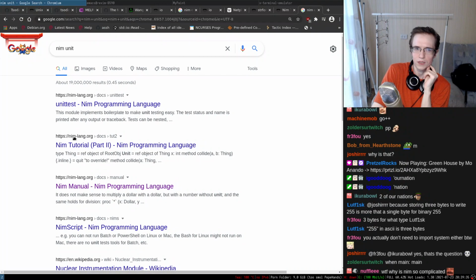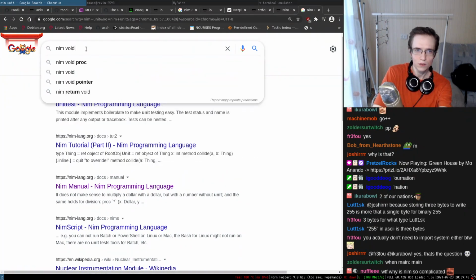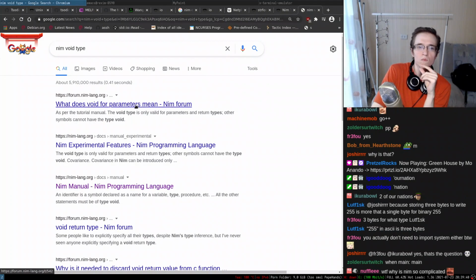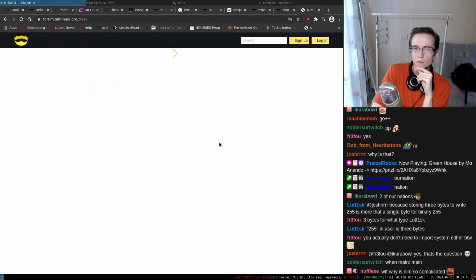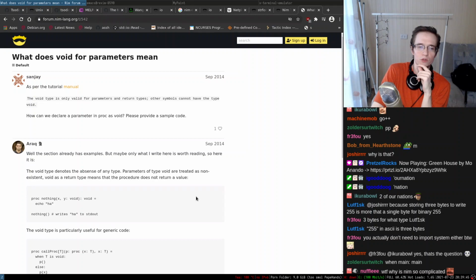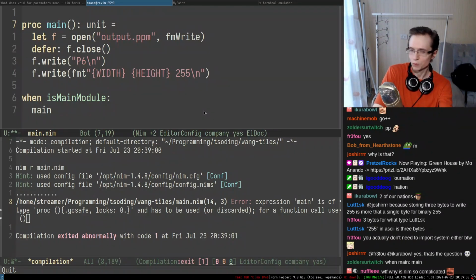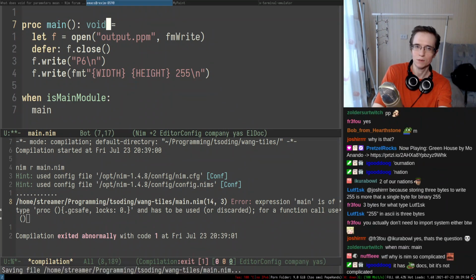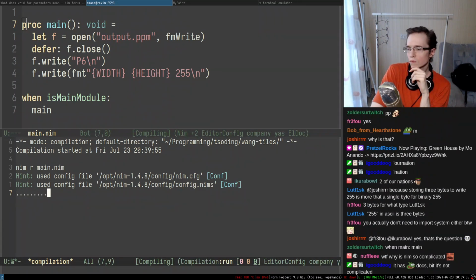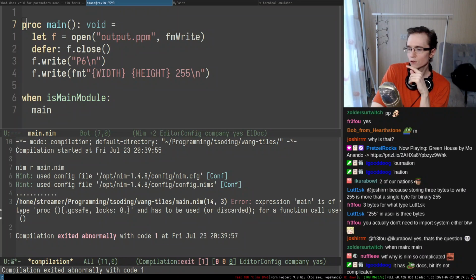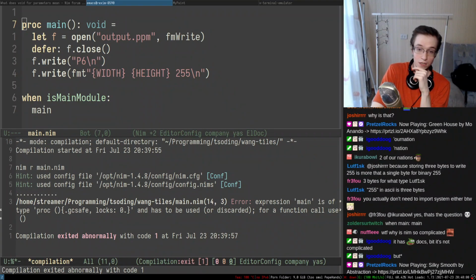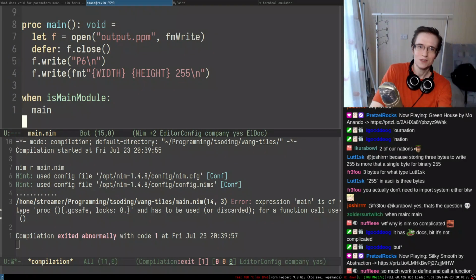Why is Nim so complicated? Why do you think it is complicated? I don't quite understand. What exactly made you think that it is complicated? What precisely? Tell me more about it. It has a Pepega docs, it's not complicated. Yeah, it's actually a pretty simple language, it's just that the documentation is in fact really Pepega.